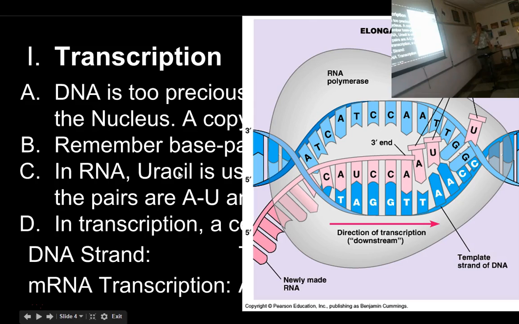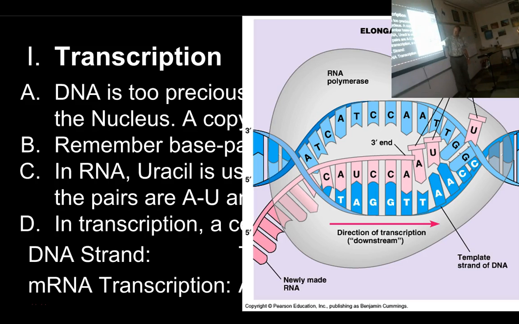The process would look something like this. This is a cartoon, but what's happening is the DNA is unwound in the region where the gene is. And the code on one side is read. The actual gene is only on one side. The other side is just a template strand to help make more DNA in the future. And so it reads one side of the DNA molecule, and it creates the complementary messenger RNA.